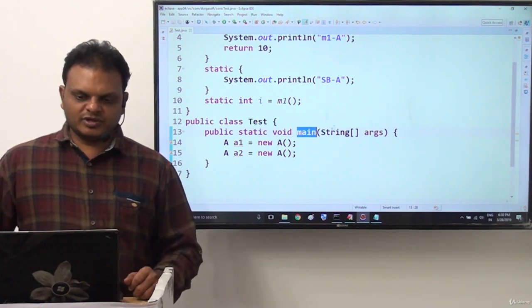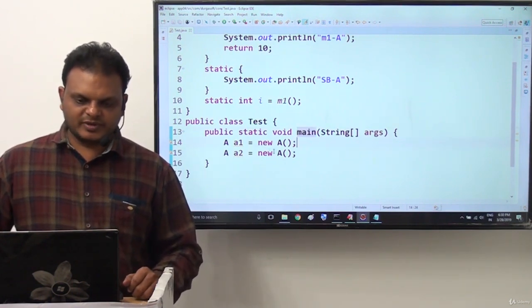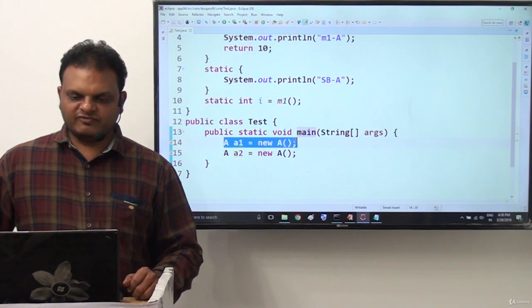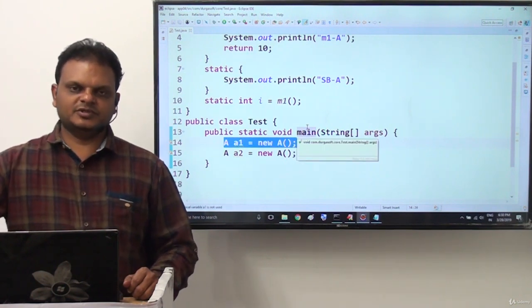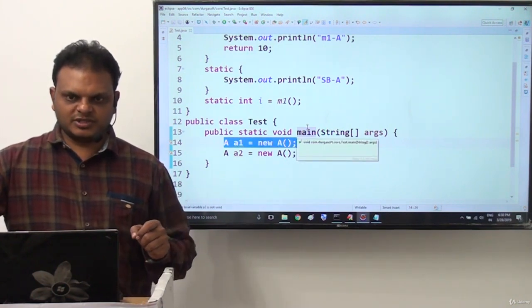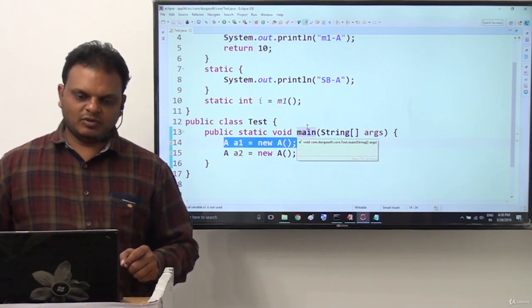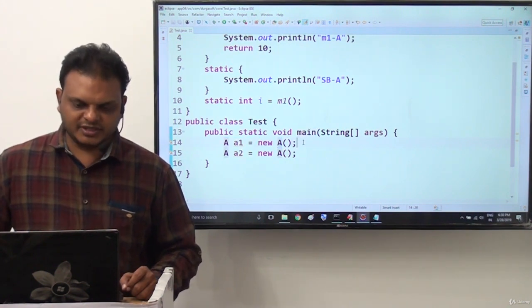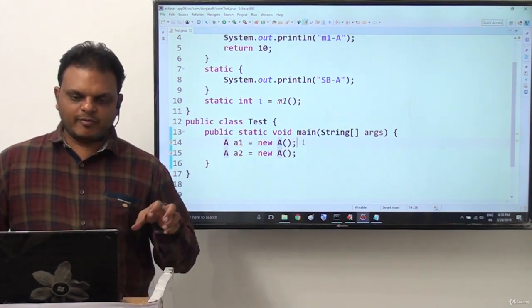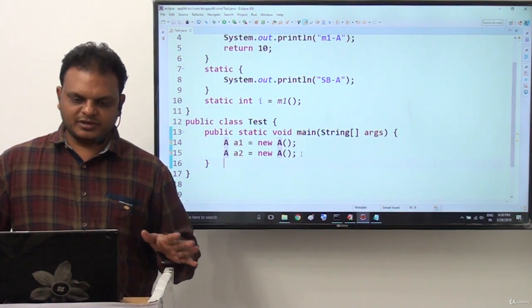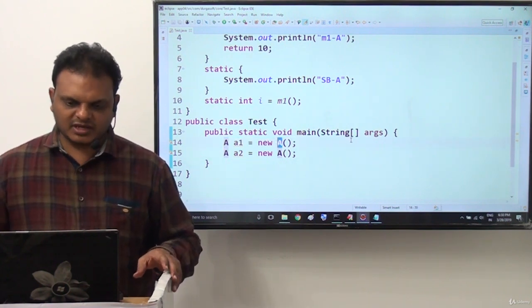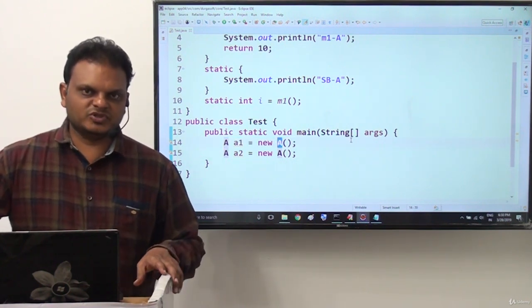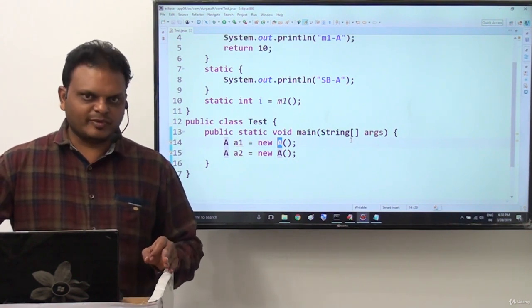When JVM is executing the main method, inside this main method JVM encounters the first object creation statement, a1 is equal to new A constructor. When JVM encounters this first object creation statement, first JVM has to load the A class bytecode to the memory.